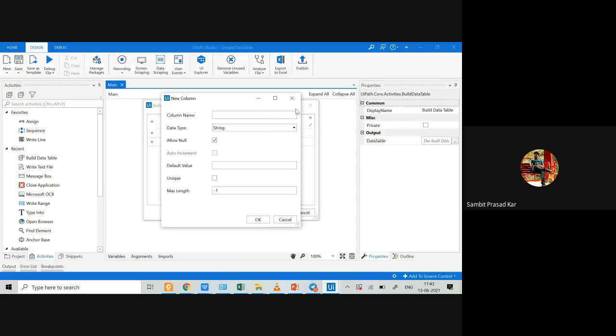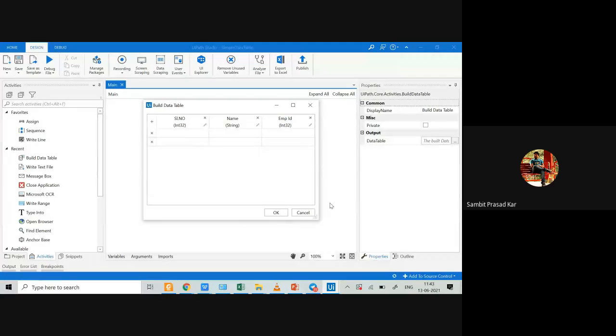Here suppose column name is employee ID, right? Employee ID is a numerical number, so here you can allow null, right? Some people may not have employee ID, they are on suppose temporary jobs. So suppose serial number 1, then put it, so tab will work. If you want to go to this, either you can double click here or you can click here, then put tab. Okay, tab name, so suppose name is Daniel, right? So employee ID 001, right?